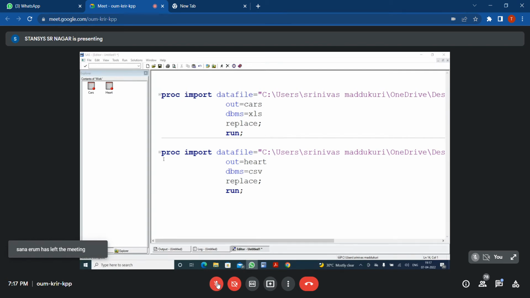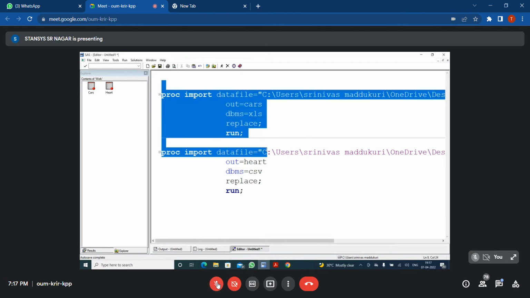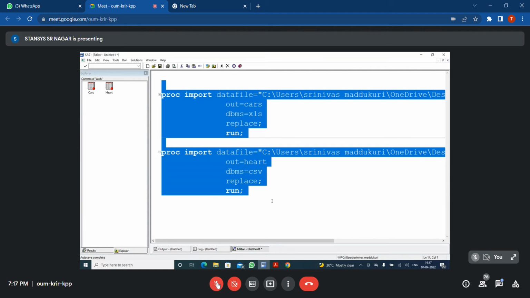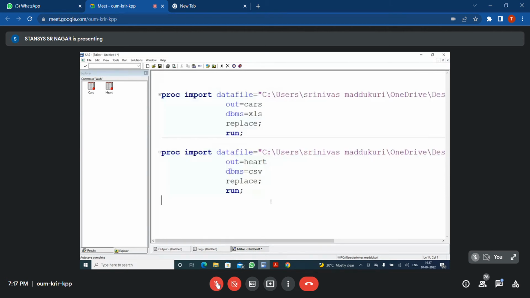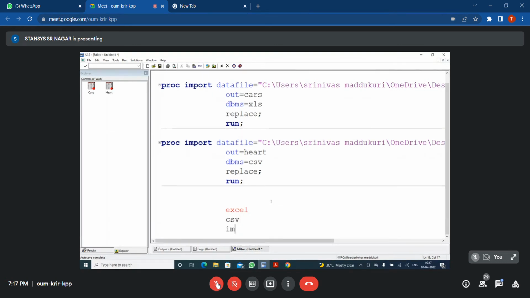Okay. Since you asked me, I imported an Excel sheet and a CSV file by writing a program. But now I want to import an Excel sheet and a CSV file by using the import wizard method. Okay. Now how can we do that? Say for example,